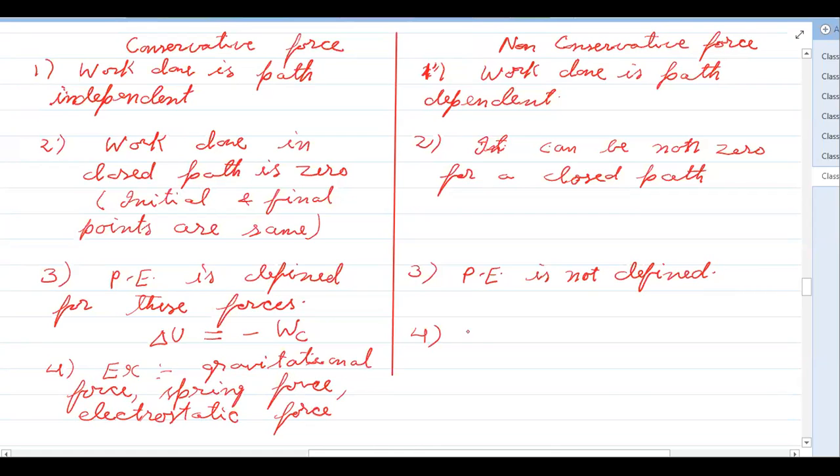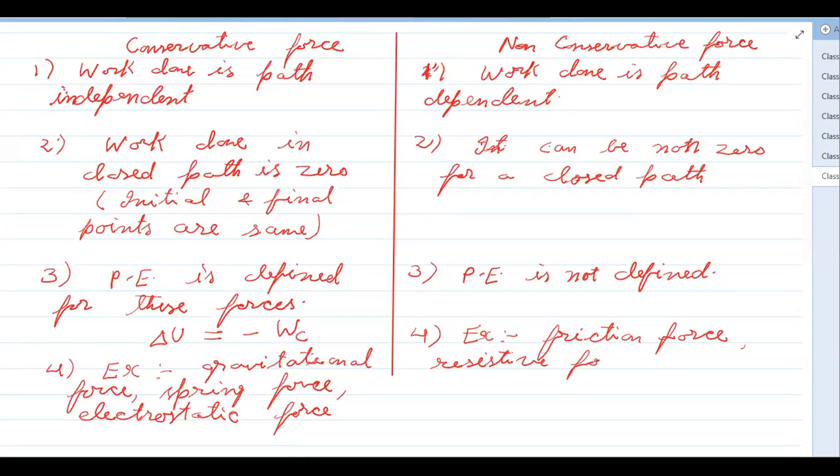And here we can write examples of non-conservative forces: friction force and resistive force, any kind of resistive forces. It can have various kinds of friction forces. Viscous force is also in this category. So the wire resistance is also in that category. So resistive force, air resistance, liquid resistance,